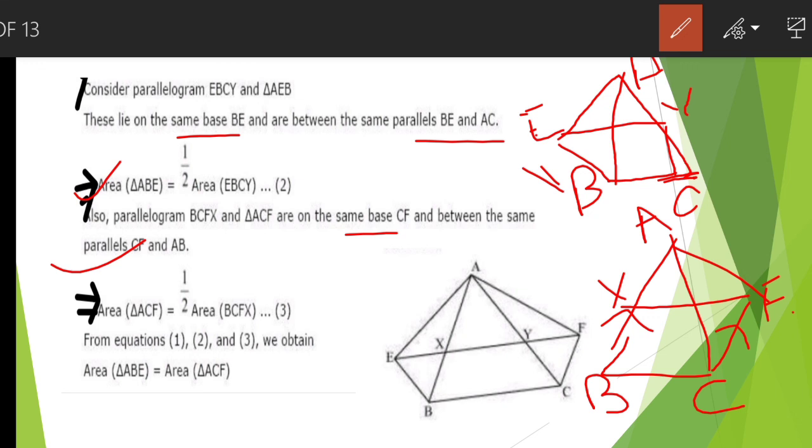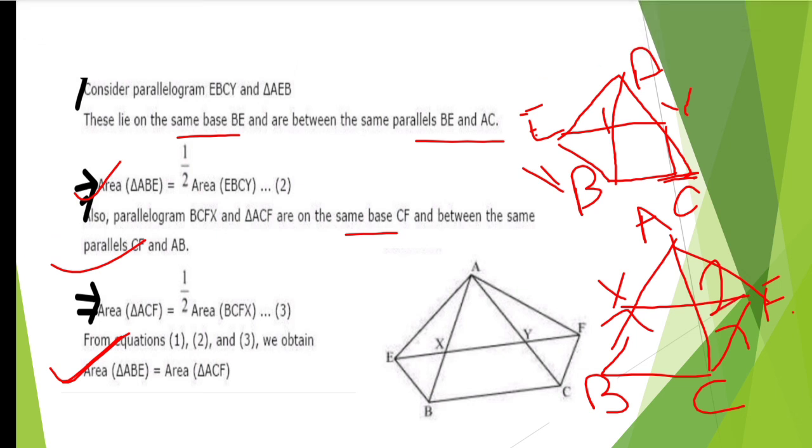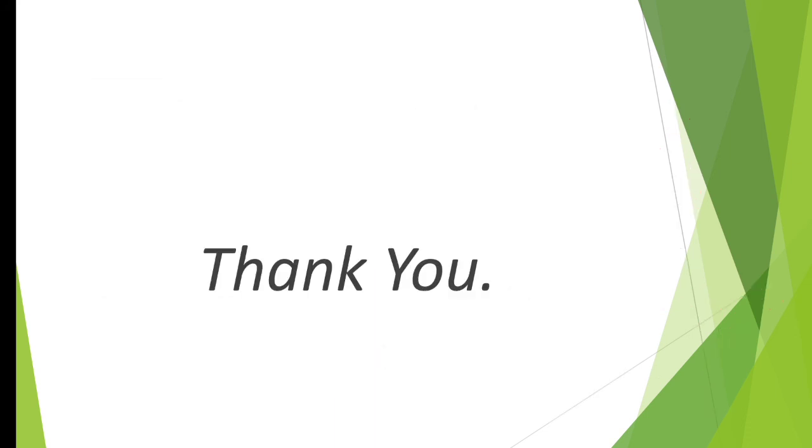So from equation 1 from the previous slide, and equations 2 and 3 together, we will get that the area of ABE, that is this triangle, and the area of CEF, that is triangle number 2, are equal to each other. So these are the 4 questions that we have come through. Since it had many subparts, explaining each subpart took a bit of time. But I hope if you go through this tutorial fully, you will be able to understand the sums easily. Thank you so much.